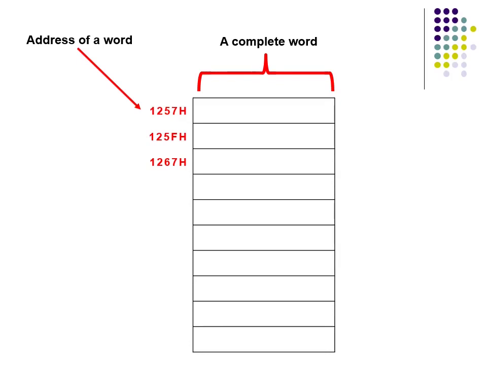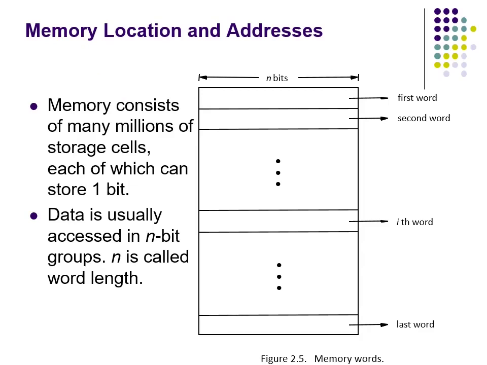It is very important to know what a bit is, what a byte is, what a word is, what an address is, and what a word address is. In the previous slide, I had given an example of a 64-bit word size memory. So here the same explanation has been repeated in this slide. Here he has written generally n bits. So he says n bits is the word length. In my case that was 8 bytes, that means 64 bits.